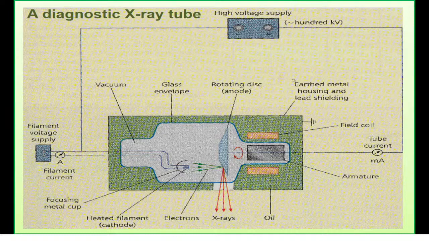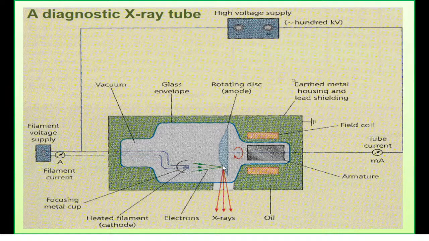So, what is the idea? To arrange the producing of the X radiation. The idea is to accelerate the electrons into the space between cathode filament and anode rotating disk, and then to